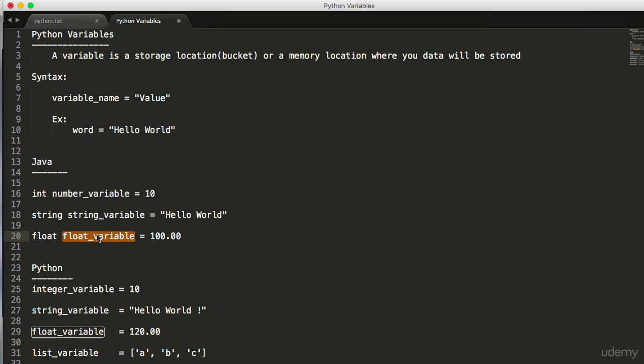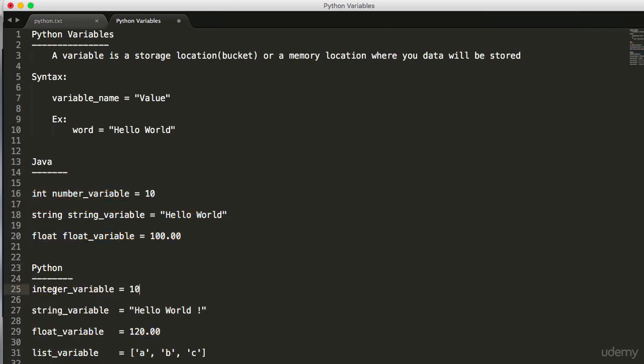Okay, here you go. In case of Java and C and other programming languages, you need to explicitly declare what type of data you need to store in the variable. It means variable declaration is needed according to data type, as we have discussed in this example. Hence, it is mandatory to declare the data type in case of other programming languages. But as we have discussed, in case of Python, there is no need of explicit declaration of data types when creating or declaring the variables. We'll see that in this following example.